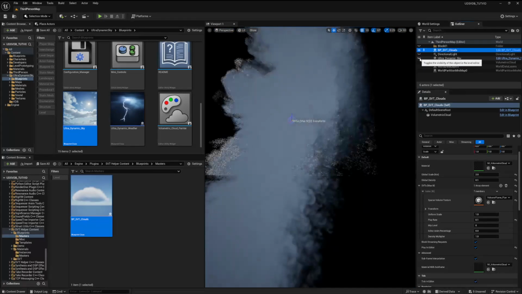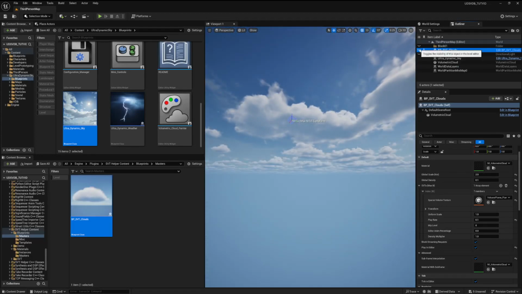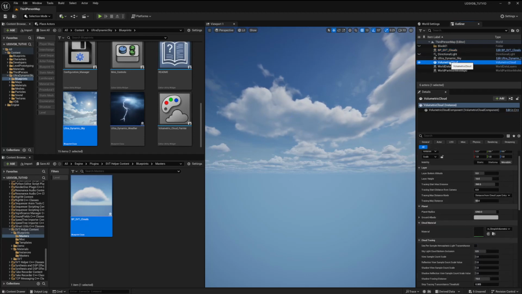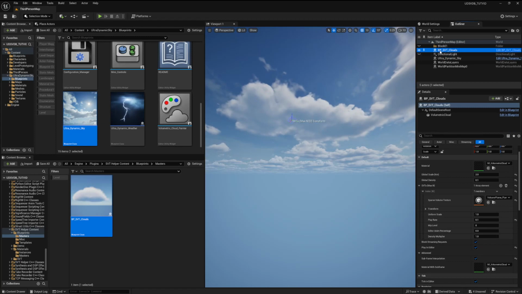But they're fighting with one another, right? Like I turn off Ultra Dynamic Sky, I turn it back on, back and forth, with the two of them. So how do we get them to stop fighting? The tricky thing is that they're trying to occupy the volumetric cloud actor. Ultra Dynamic Sky already brings its own to the party, just like the SVT helper does in its own blueprint. So we're going to need to make a blueprint without that,